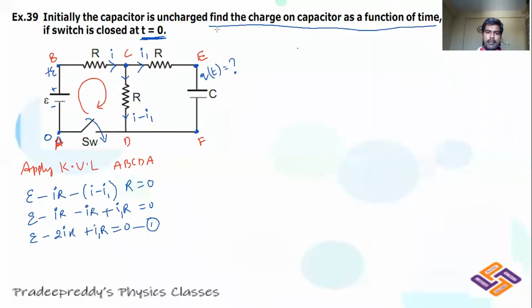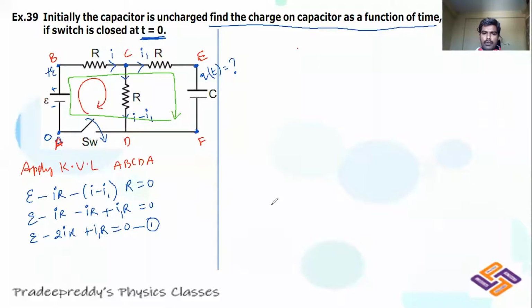See, our part is not yet completed. We need to apply KVL. In order to find out the charge across the capacitor, you need to take second loop. Now go for this loop, or you can even take this bigger loop also, no problem with that. So A, B, C, E, F, D, A. This total bigger loop I am involving. Okay, so let me take this loop. I'll draw that with green. This loop I am considering.